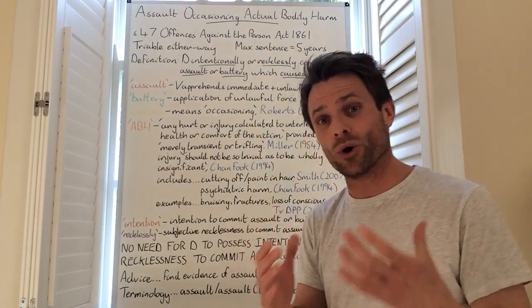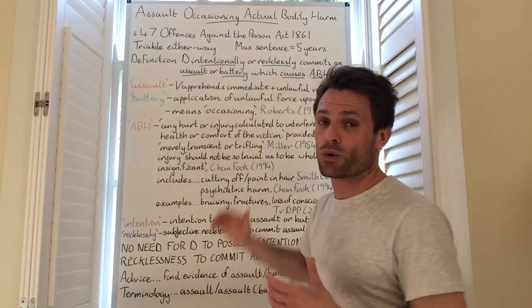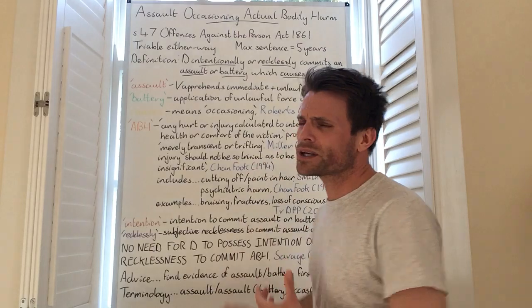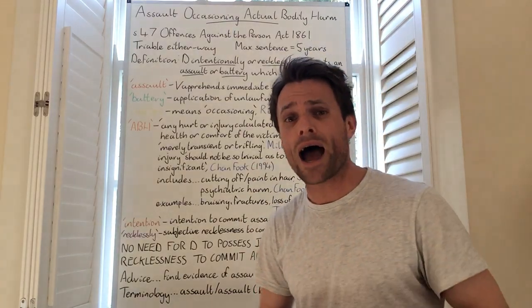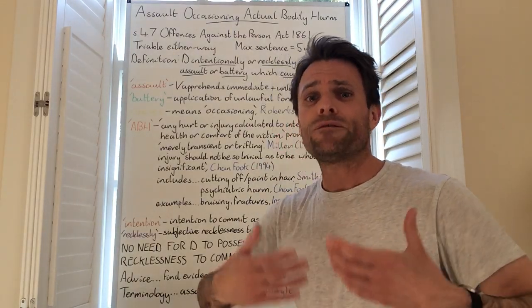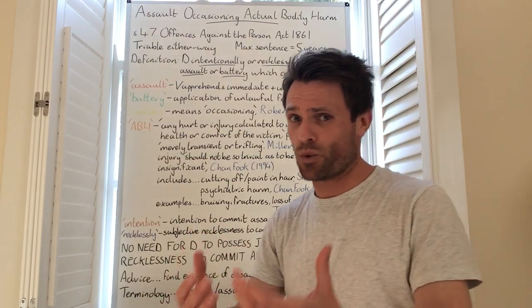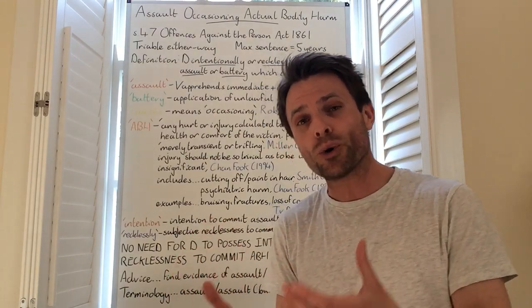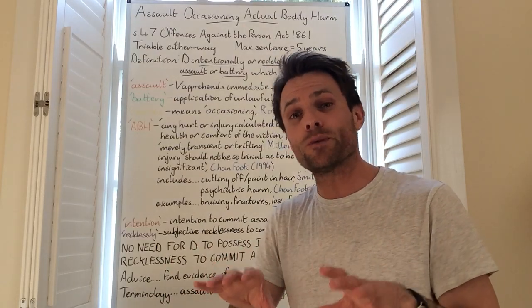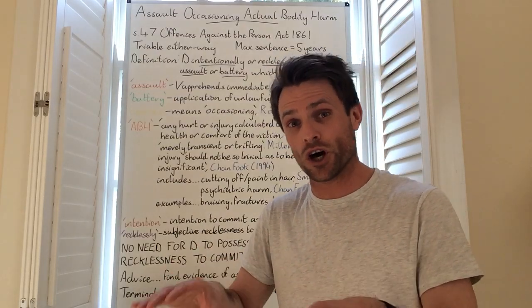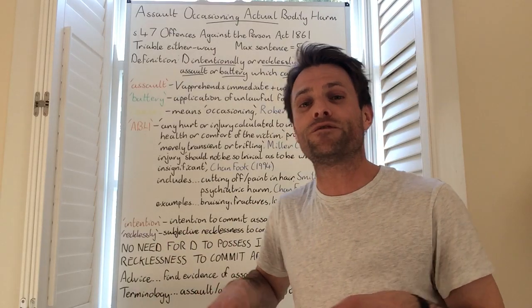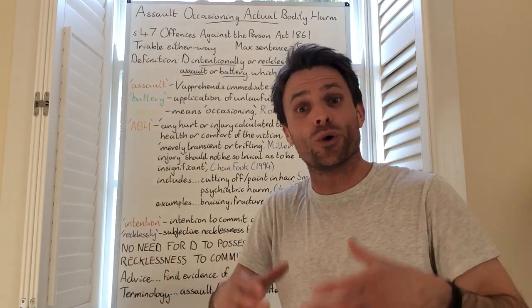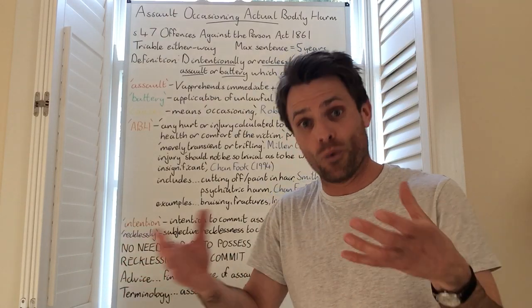An examiner will look out for that particular quotation, so it's very, very important that you remember it. Now, in terms of the case of Miller, this is where the defendant forced himself upon his wife. His wife had actually petitioned for divorce a couple of years earlier, but before the petition hearing for the divorce was heard, the defendant decided to force himself onto his wife and have non-consensual sex with his